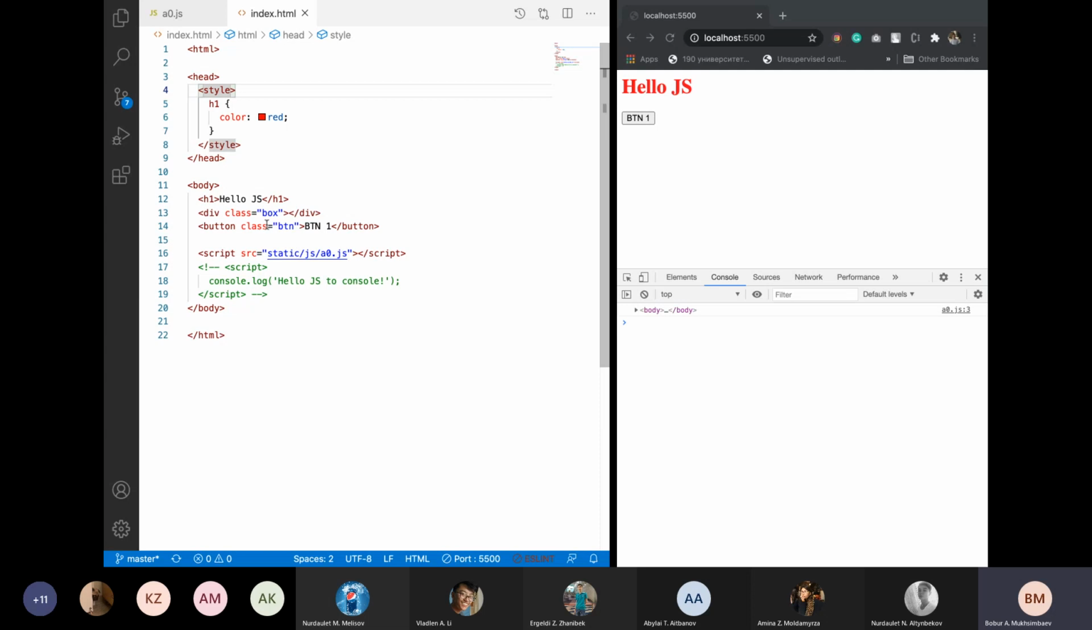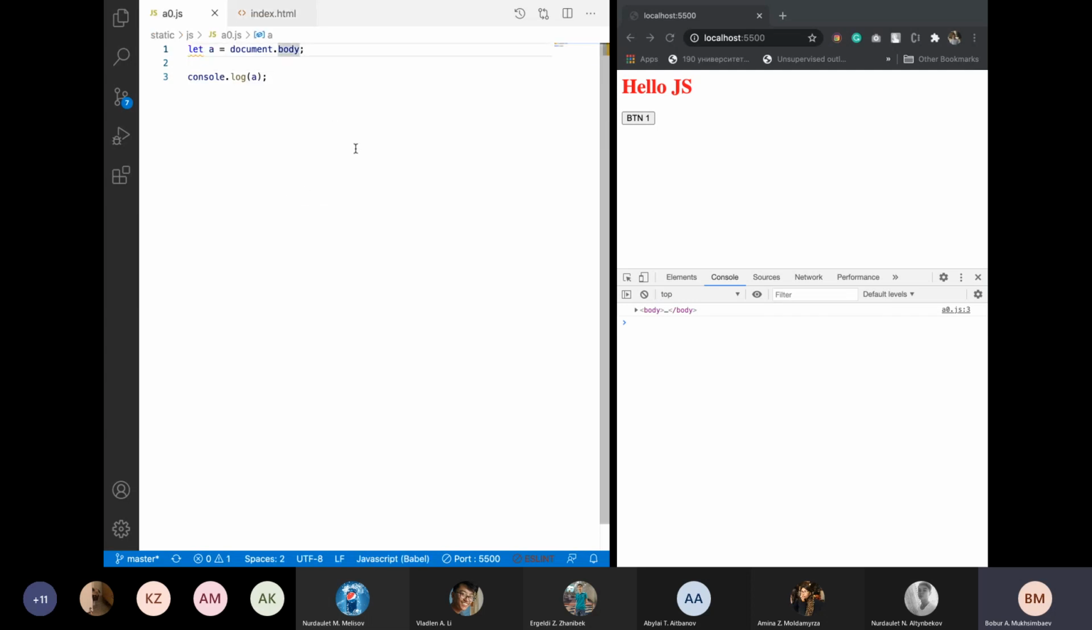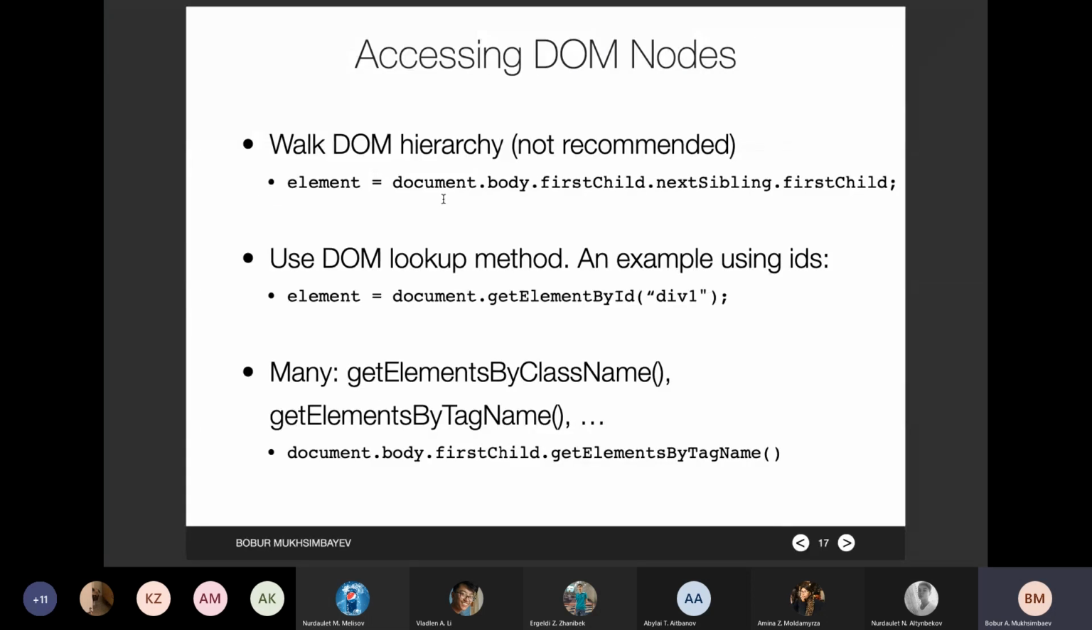But if we have 100 hierarchies, 100 levels inside of the HTML text, in that case, such syntaxes cannot be implemented fast. That's why this is not the recommended way of working inside of the DOM hierarchy. For instance, you can do body first child, and the next element also first child, next element first child, next element first child, and that's it. Like so, you can get the needed element from the HTML. So